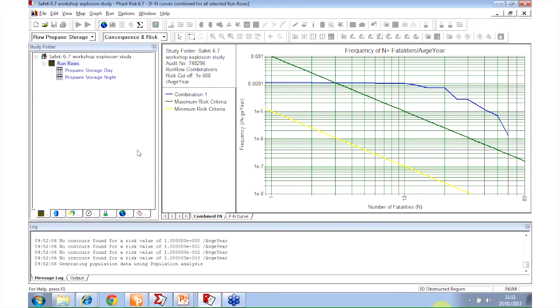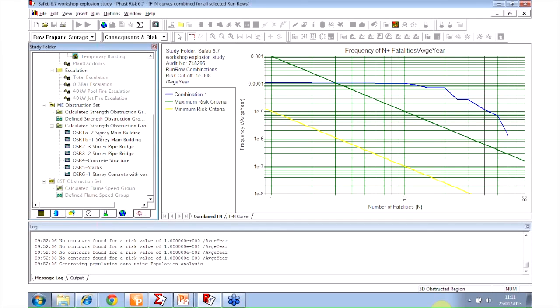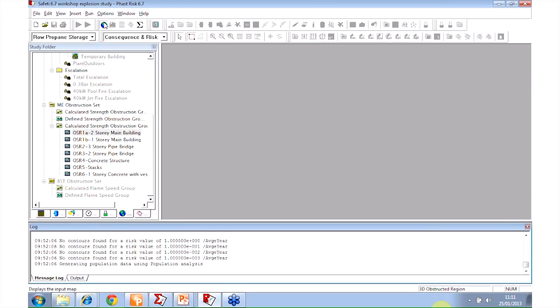So here in Fast Risk, standard Safeti can be extended with this 3D. I don't know if you can see down here on my status bar. The 3D obstructed region option is selected, so I have a license for that on this computer. With that selected, here on the map tab, I can place congested regions on the map. So if I close all those windows down over there and just open up my map